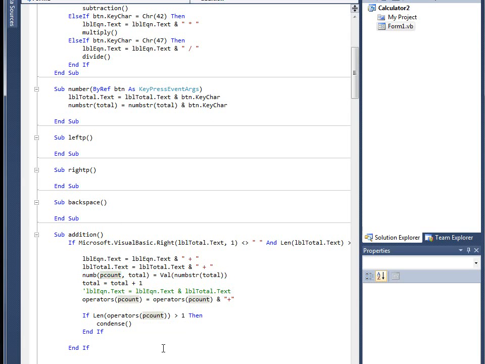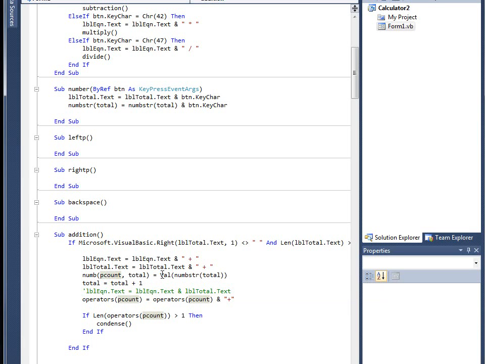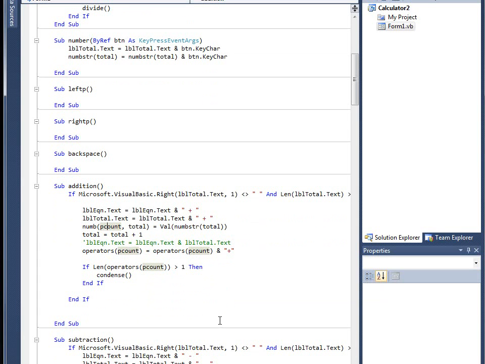Right here, the p count is what level of parentheses it is at. If there's no parentheses, that's always at 0. The total is the total number of numbers that are not operators. So if there's one operator and 2 numbers, this is at 2, so there's a number 0,1 and a number 0,2 in the array. That's set to the value of the string. As I keep moving down,